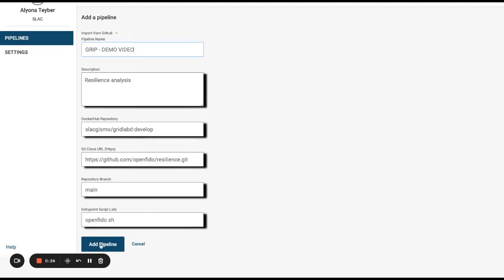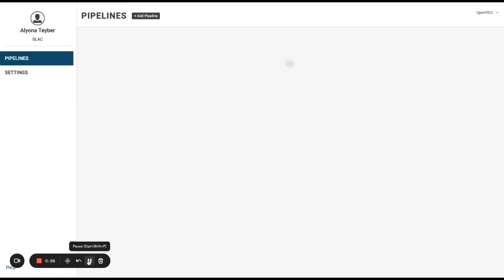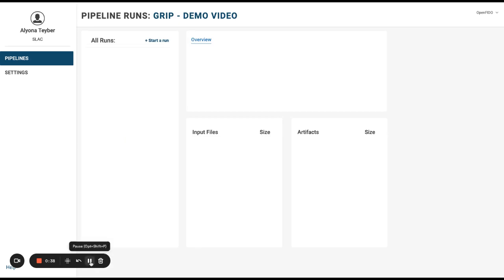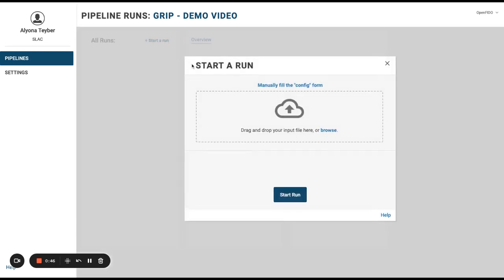And then you're going to click add pipeline. Once the pipeline was created, you can either edit it or start the runs by clicking View Runs. You can start the run by clicking Start Run at the top, and we're going to manually fill out the